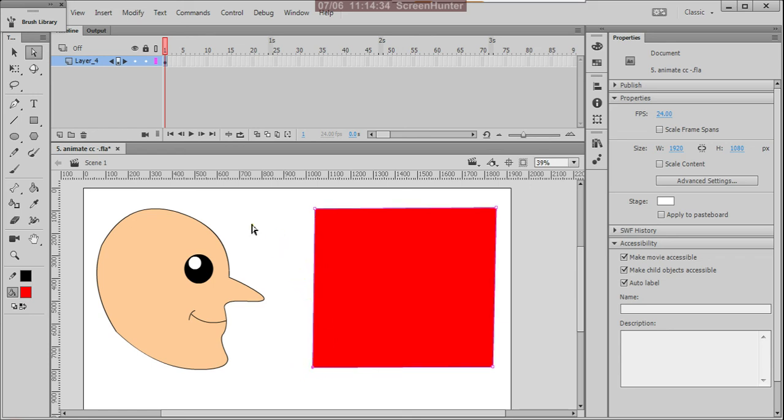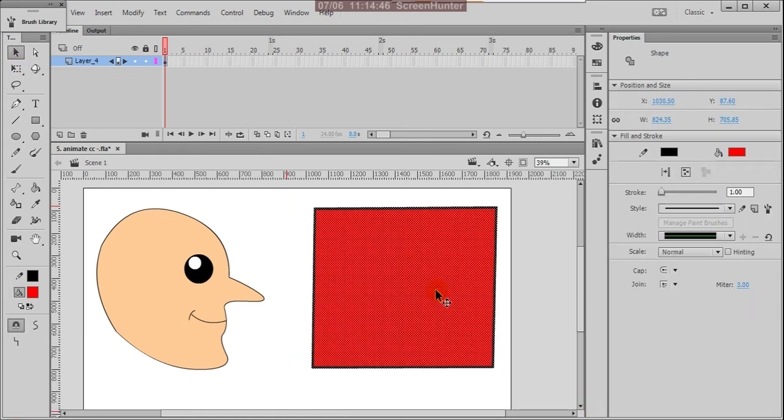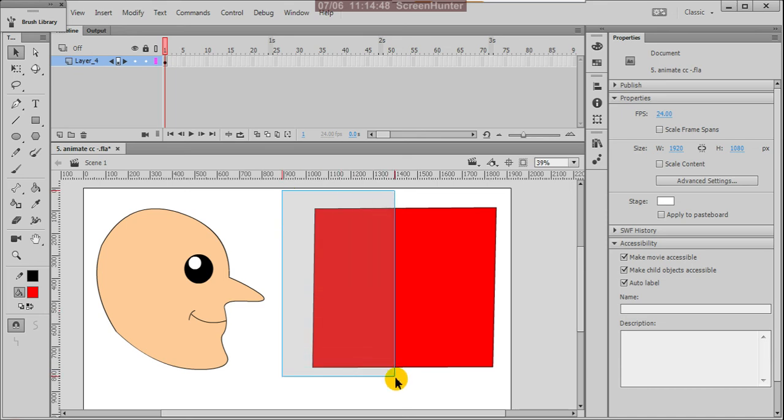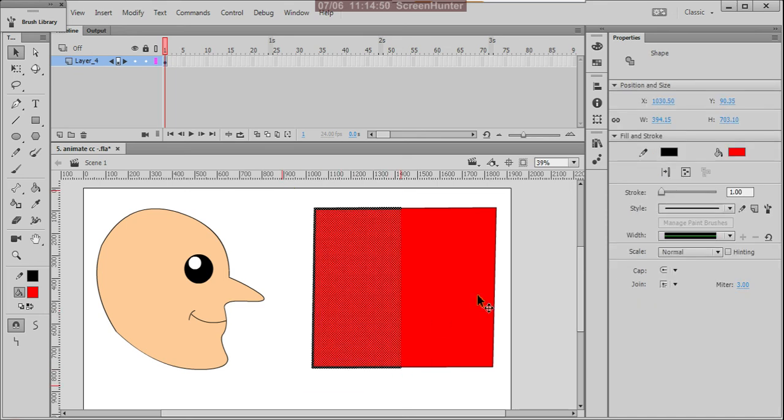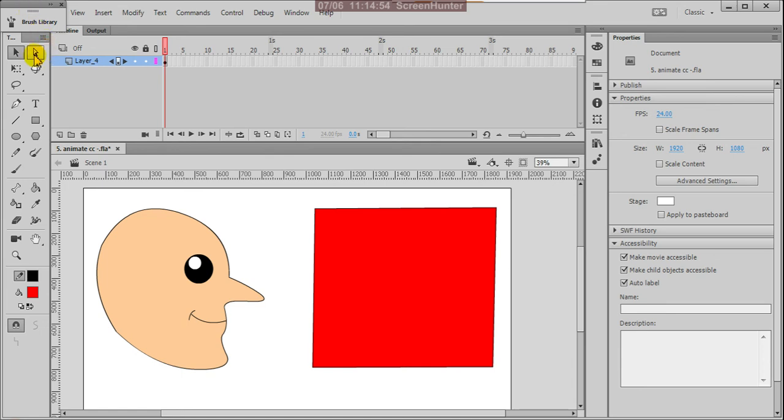The difference between the selection tool and the sub-selection tool: the sub-selection tool has white color and the selection tool has black color. Everything you can select with the selection tool, and sometimes you can select only half, only the outline. But with the sub-selection tool you cannot select individually, so you cannot select only the outline.